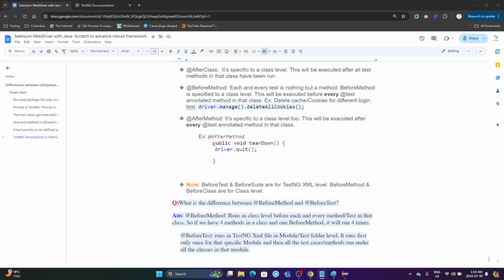In real life, what are those things used for? Usually with before method, if you need to do some prerequisite execution that you need to run before each and every method, say you need to delete cookies, before every test case execution you want to clear your cache, you want to clear your cookies, at that time you can create a before method and write this code, like driver.manage().deleteAllCookies(). We used this one in our previous example we have seen. So this line can go to the before method. And after method,